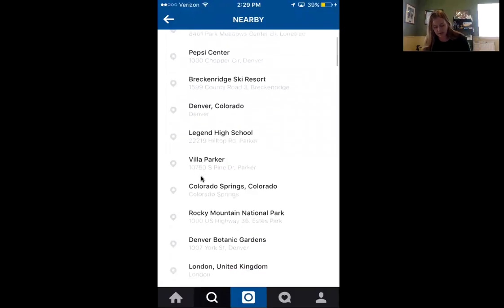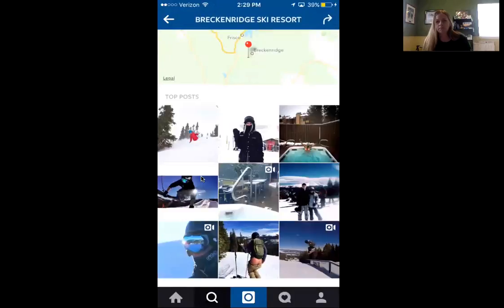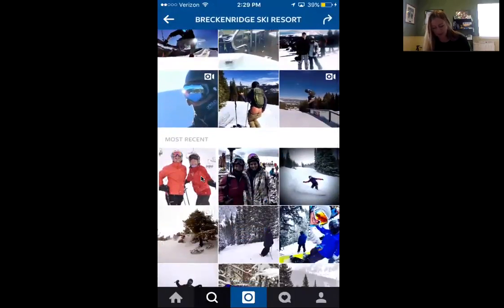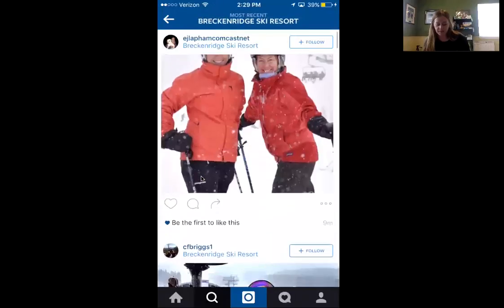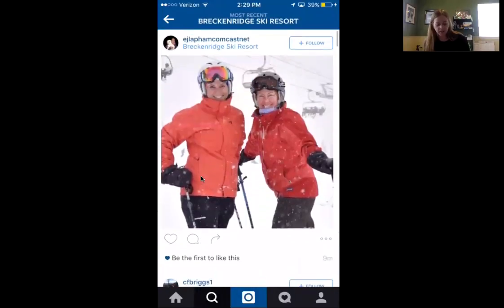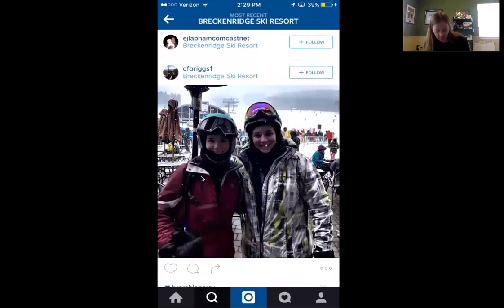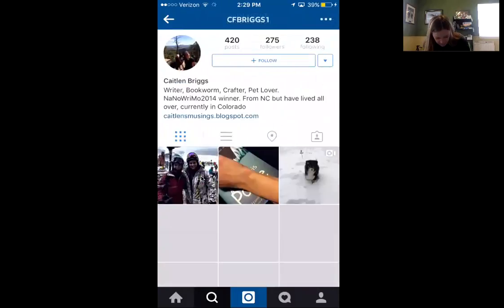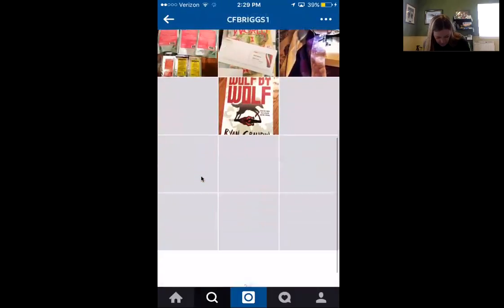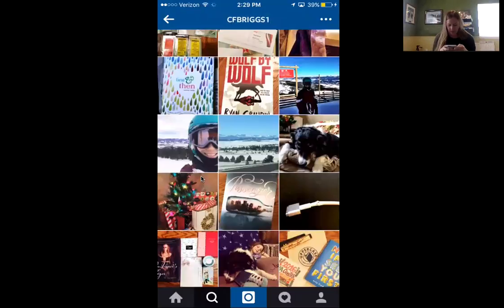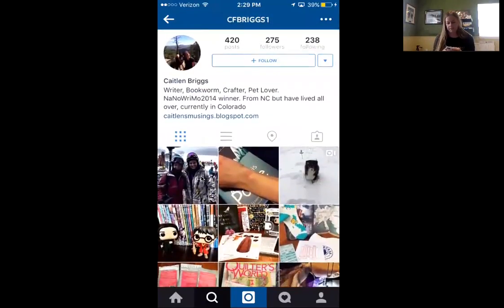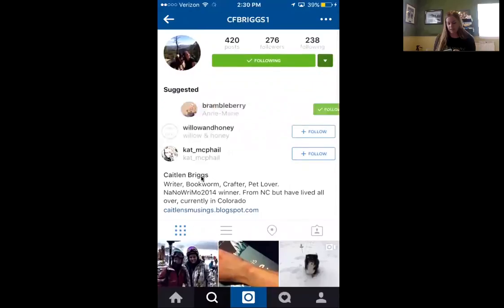And so I love to do Breckenridge just because I just love Breckenridge. And I think you're going to find younger women that are snowboarders, ski bums. A lot of people who go to Breckenridge have money. And so for me, that one is one that I like to find people to follow. So again, same thing. I find the person that I want to follow. You look at her page and I say, yep. And then I follow. And then I do all these guys.